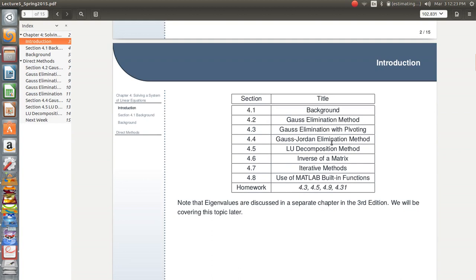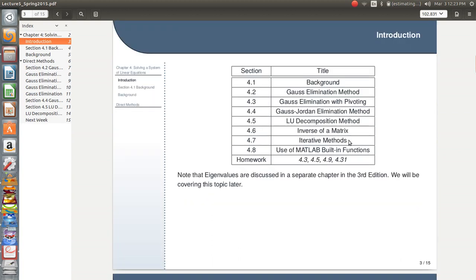So today we're going to definitely cover section 4.1 background. We will talk about the Gauss elimination method, which again should be pretty familiar to you from your linear algebra classes. Some of the problems with Gauss elimination lead to Gauss elimination with pivoting, so we'll talk about that. We'll speak about Gauss-Jordan elimination a bit and the LU decomposition, and we may touch on the inverse of a